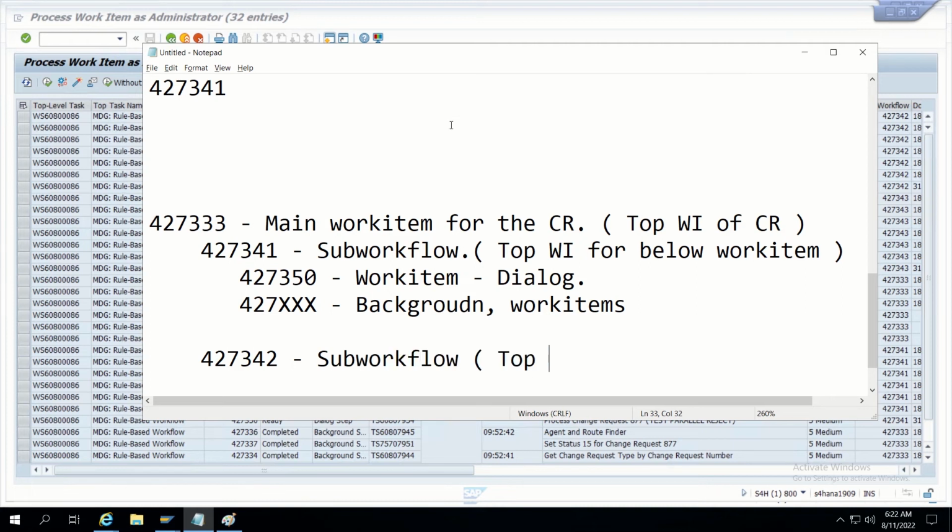So similarly multiple things will come under the main CR type work item ID. So what we have to do now,